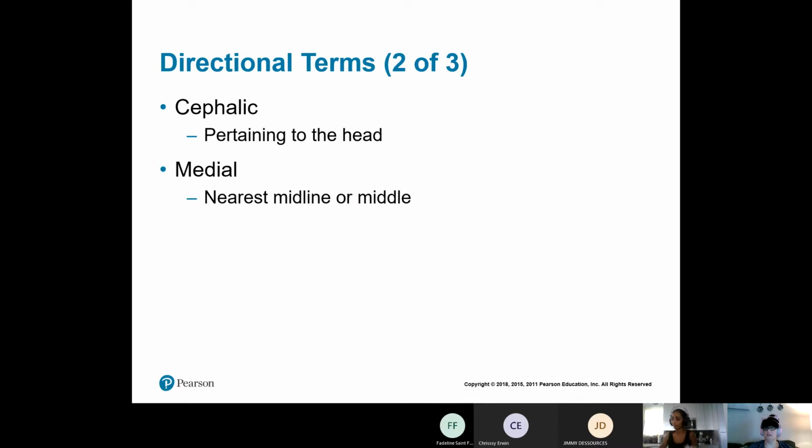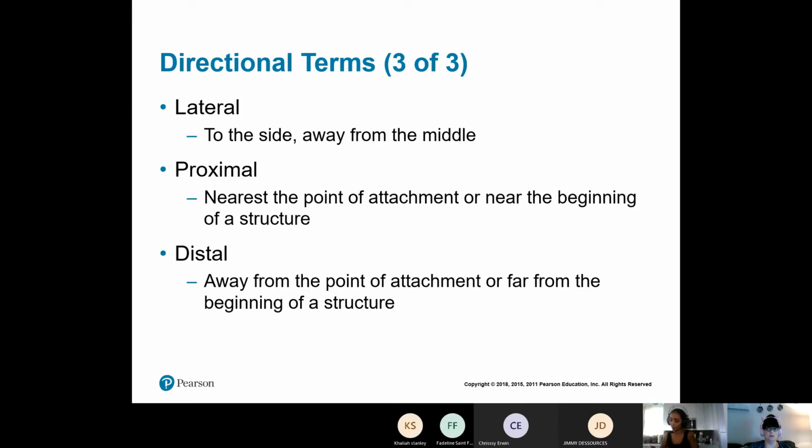Cephalic means pertaining to the head or the head region. And then medial is midline, all right, or closest to the middle, okay? Lateral is meaning to one side. It's away from the midline, right? Now here's where everybody gets a little confused. Is proximal and distal,